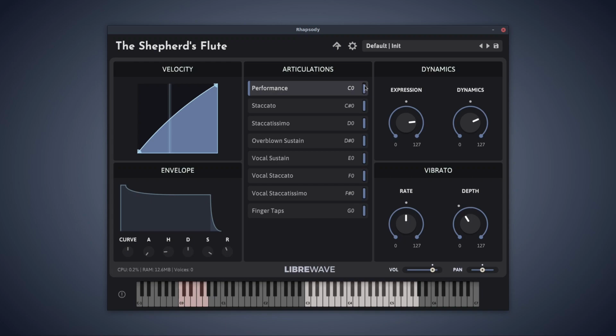The little slider to the right of each articulation can be used to control its volume. That allows you to internally balance all of the different articulations with one another. But out of the box they should be pretty well balanced anyway, so that's just if you want a bit